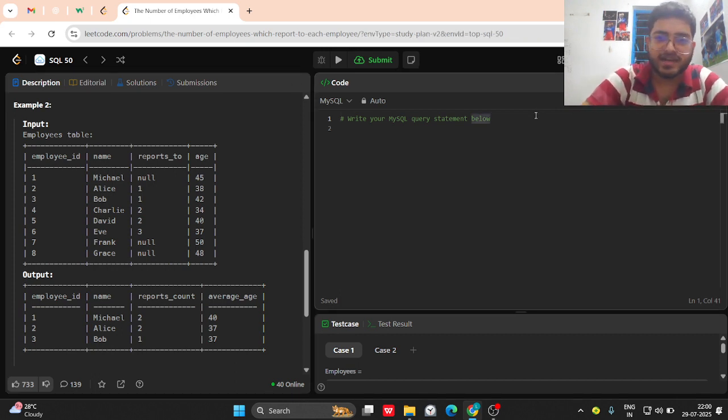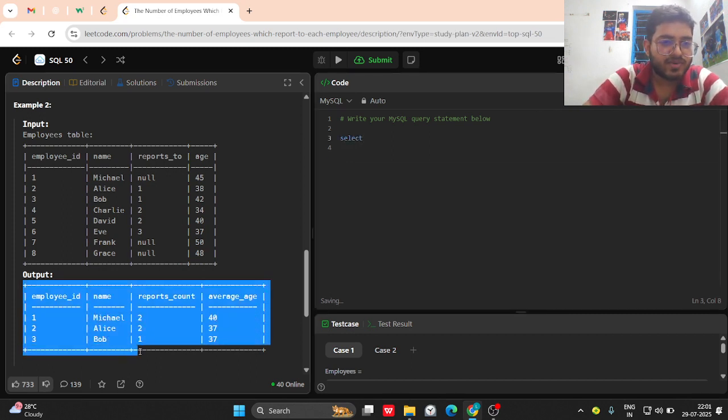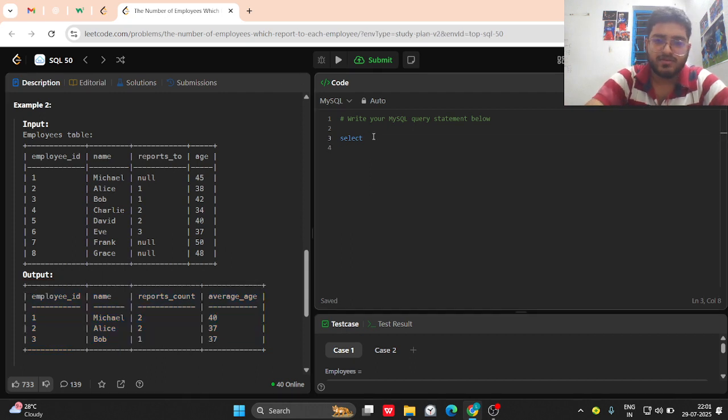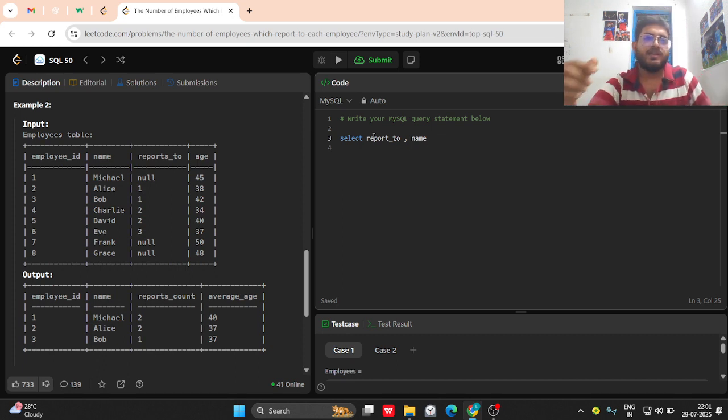Okay, so let's just start it out. First of all, we will try to get something similar in this format. We'll try to use group by. Okay, select reports to, comma, name, because we can get name from here. Actually, we don't need name. We can simply do count. Count will work fine for us. Count